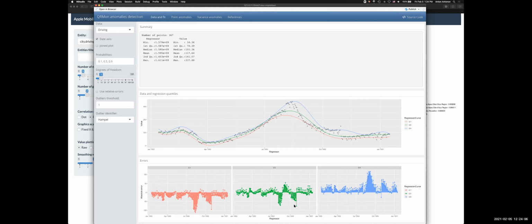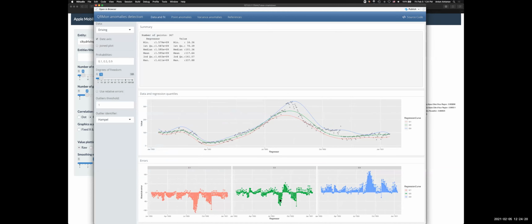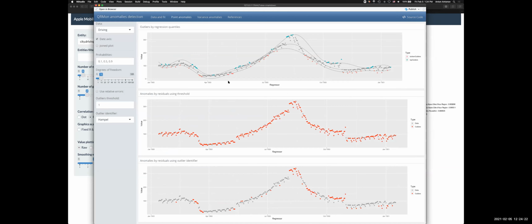All right, now if I look at the residuals here, the residuals for the 0.5, you can see that the part I said is kind of anomalous, you can see that I have quite a lot of error. The errors are big enough, and you can see that one of these methods, if I use, say, relative errors, is going to identify those. I might consider tuning some of the thresholds, tuning some of the regression quantiles.